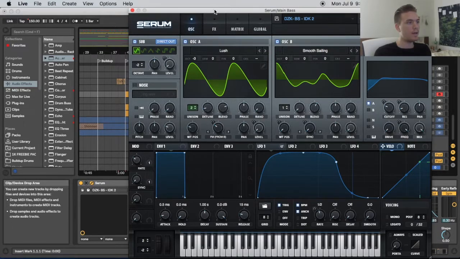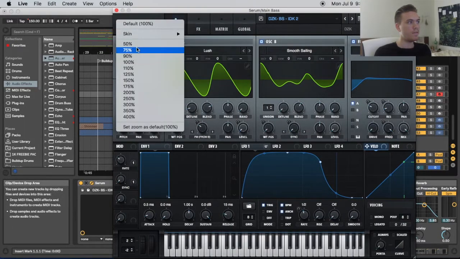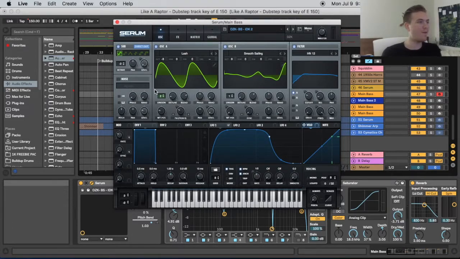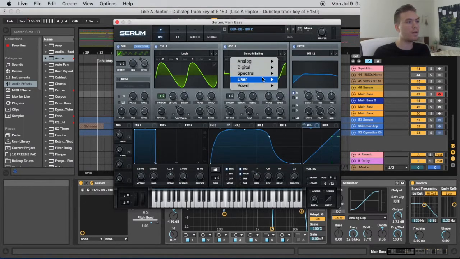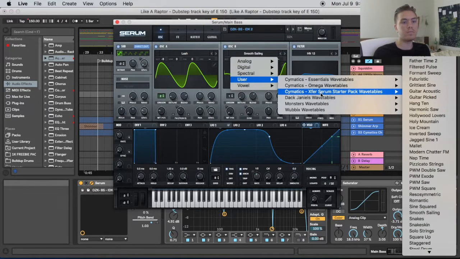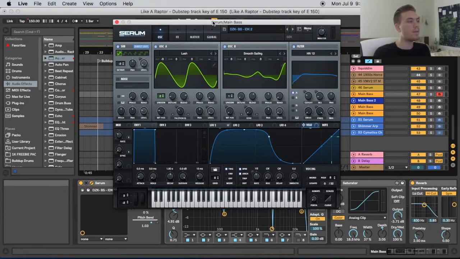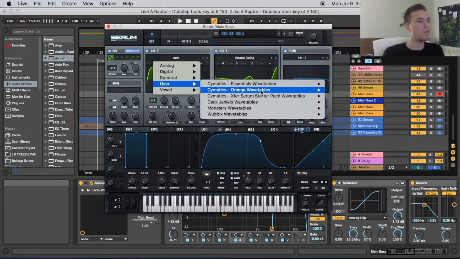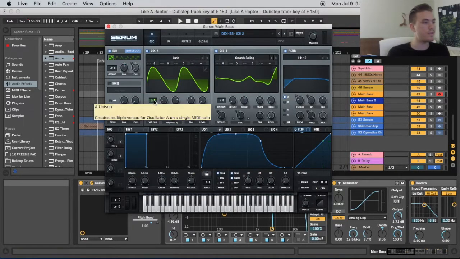It's a classic kind of FM bass. I feel like every time I say FM, someone gets mad. So it's FM from B, and these are both Cymatics wavetables. This one is oscillator A on 2 unison,